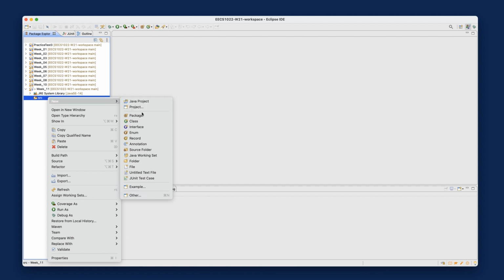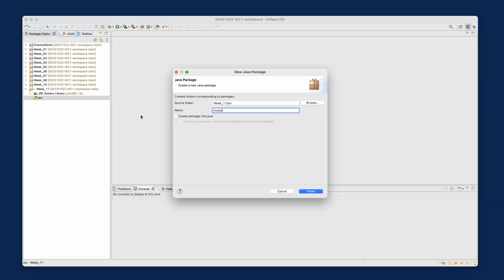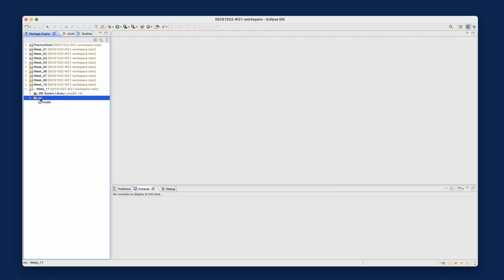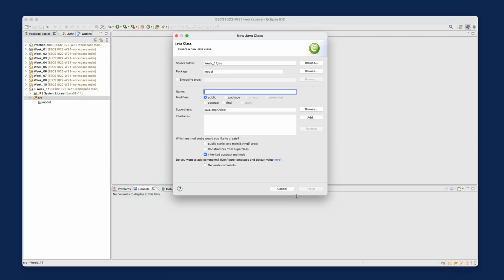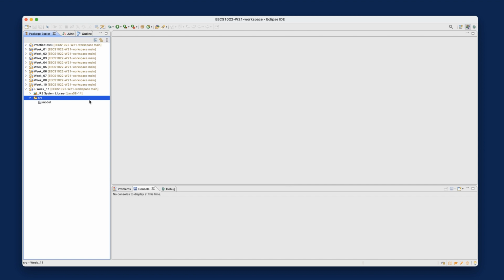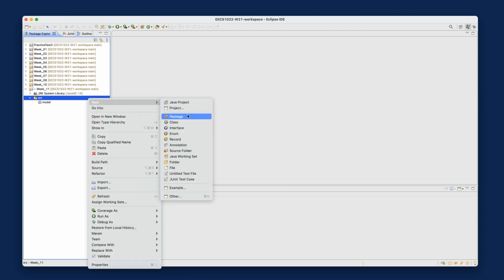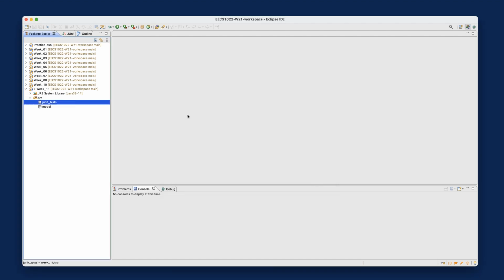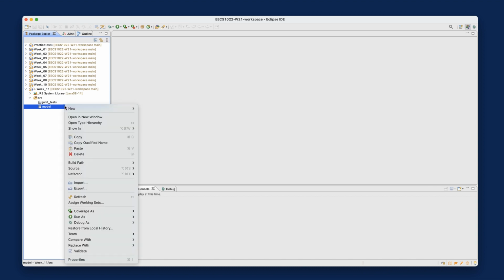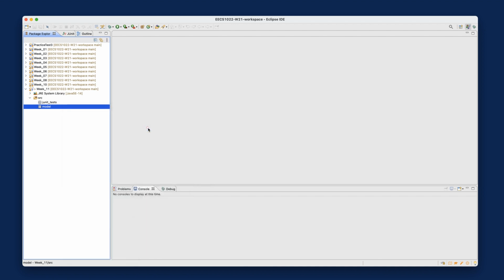So new package, model, and another one here, new, and then class. Oh, sorry, not class, should be package as well. We'll create classes in a moment. New, and then package, JUnit tests. Okay, and then under the model, we just declare one single class called utilities, similar to how we did it before. So new class utilities,